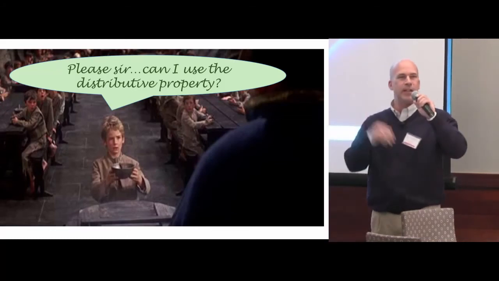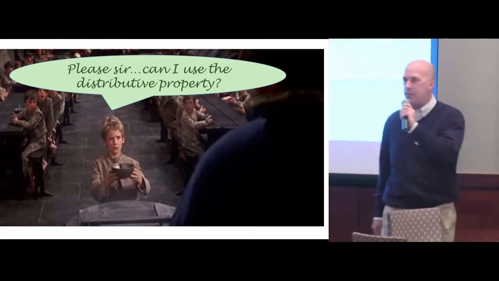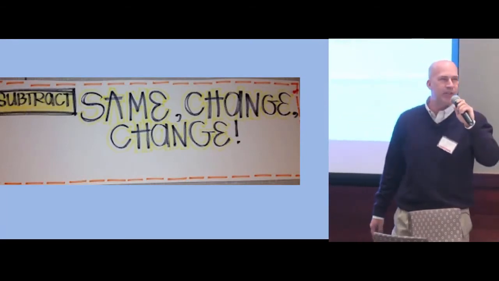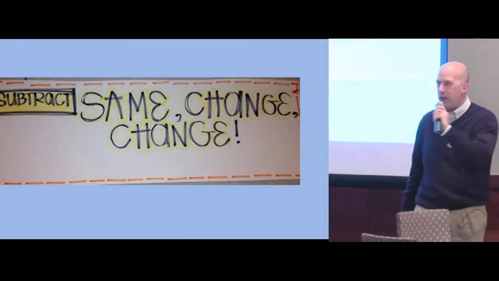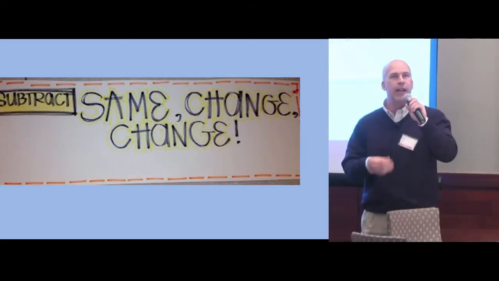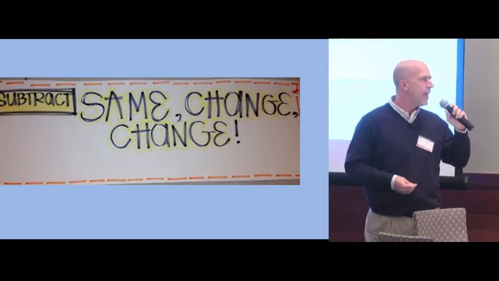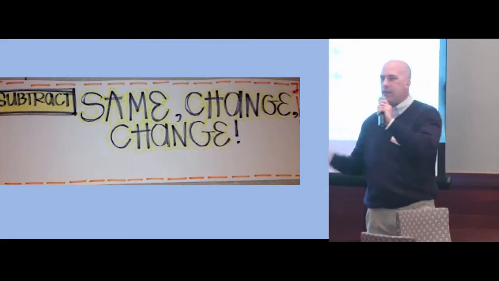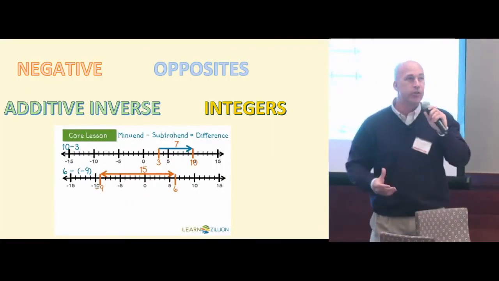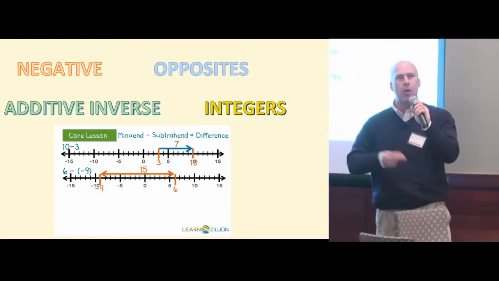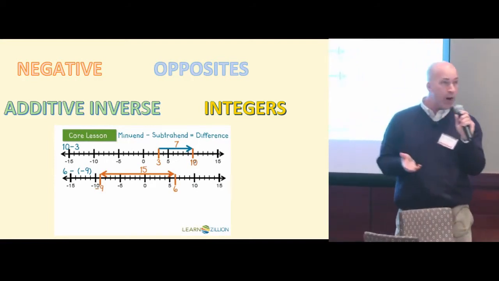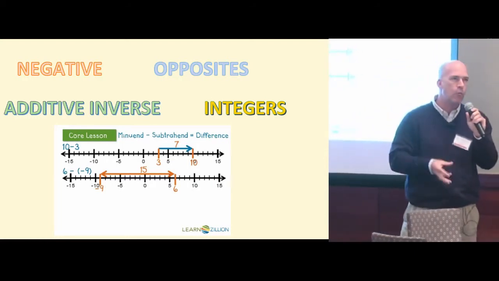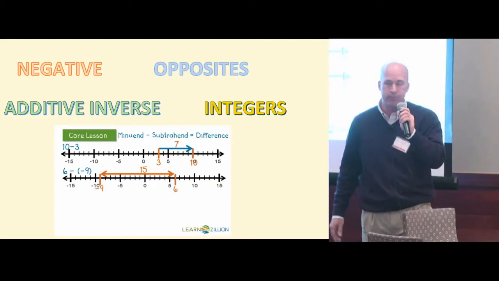The last phrase I'd like to see expunged is this one that I see sometimes in middle school classrooms. We know this one? Same, change, change. Okay? This is how we subtract our positive and negative integers, right? We look for same, change, change. I'd really like to use more precise language at that. We need to get kids talking about positives, negatives, inverses, additive inverses, integers, using number lines to model it instead of going to these little snappy tricks that work temporarily, but really in the long run don't show any practical application as to what we know about the actual operation.